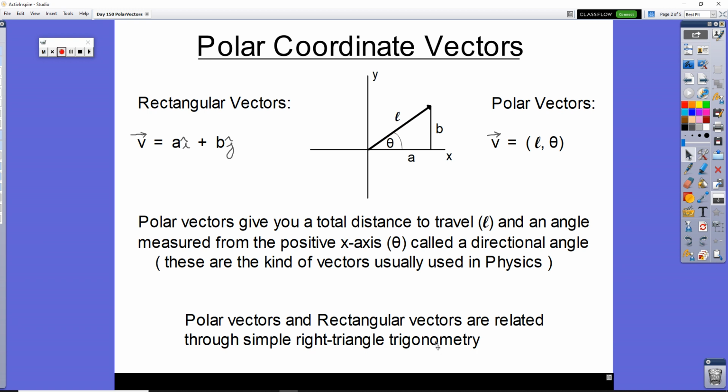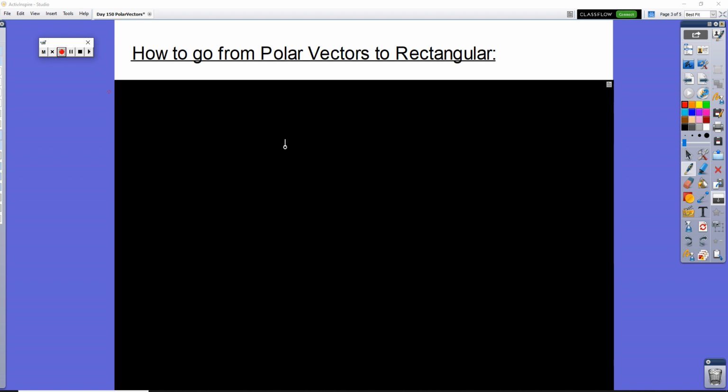So to do that, we have to understand that polar and rectangular vectors are related through some very simple right triangle trig. If you take a look at this blown up picture right here, in relationship to where theta is, B is your opposite side, A is your adjacent side, and L is your hypotenuse. So we can relate all of this information through basic sine and cosines using just right triangle trig. Okay, so let's take a look at an example of going from polar vector to